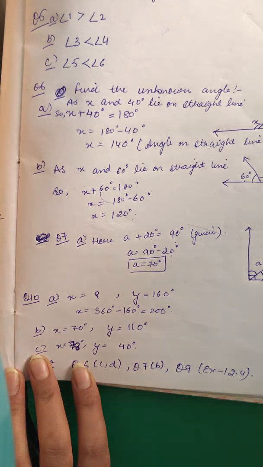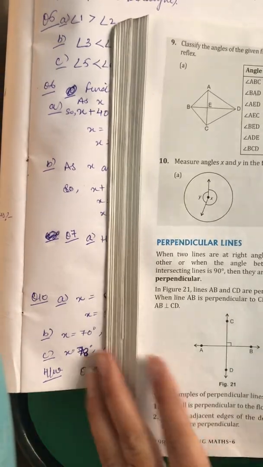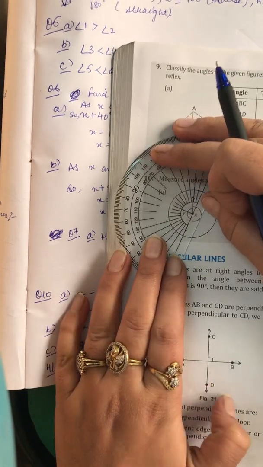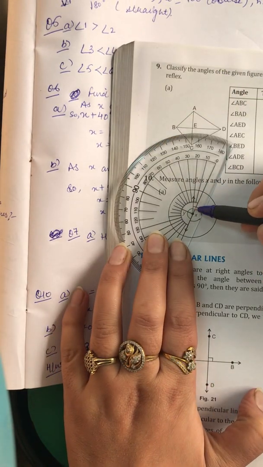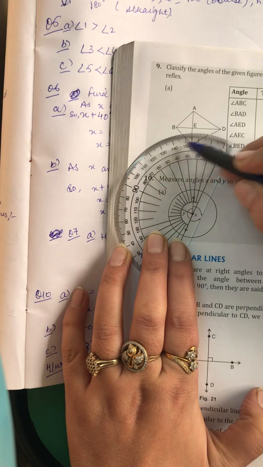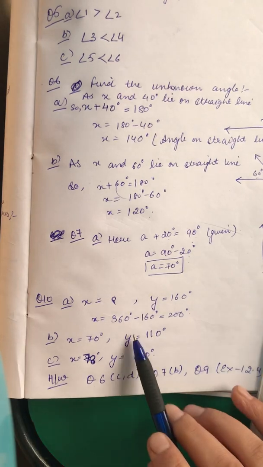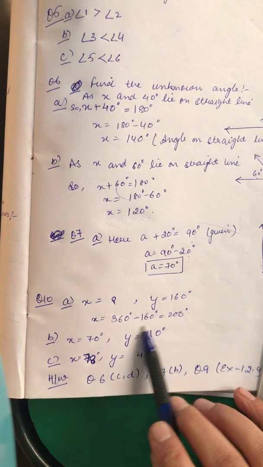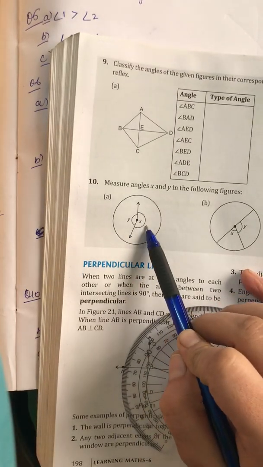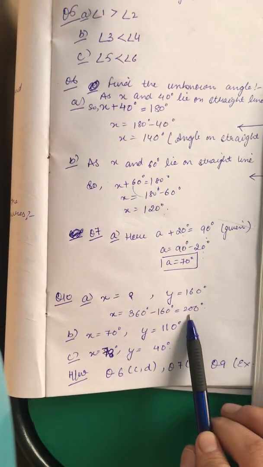In question number 10, in the A part, let us measure my angle y. First keep this vertex here and baseline here. So angle y is coming to be approximately, now this is an obtuse angle, so I am using the outer scale, it is 160 degrees. So my angle y is 160 degrees. And what is the measure of angle x? Now it's a complete revolution. So to calculate angle x, you can subtract y from 360 to get x. It will be 360 minus 160, 200.